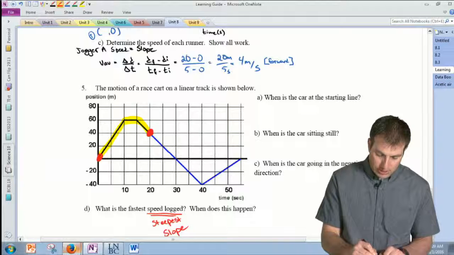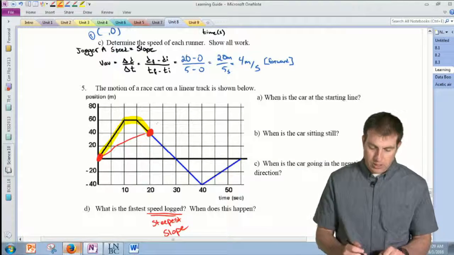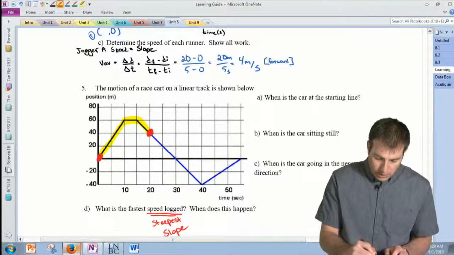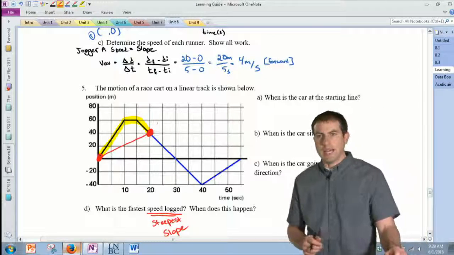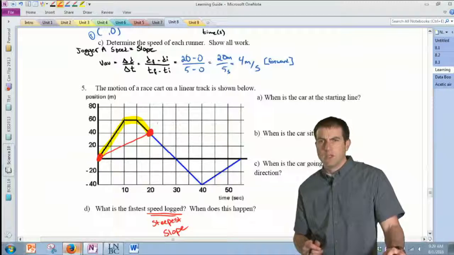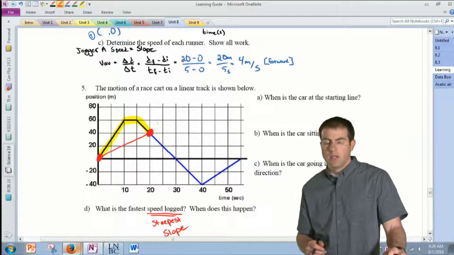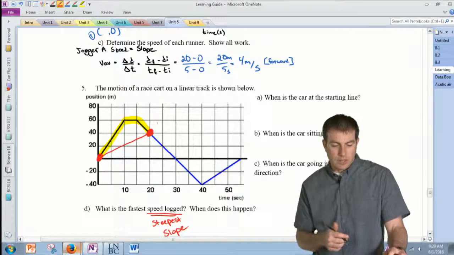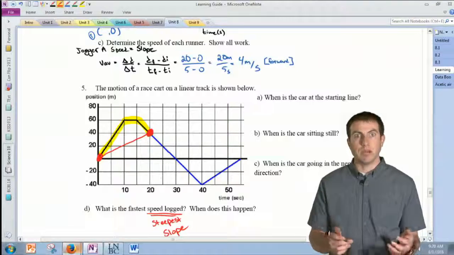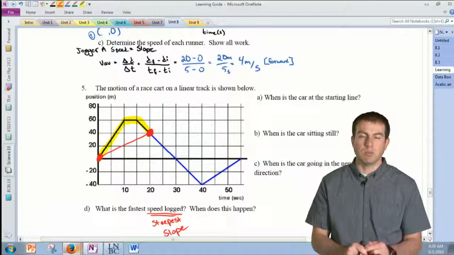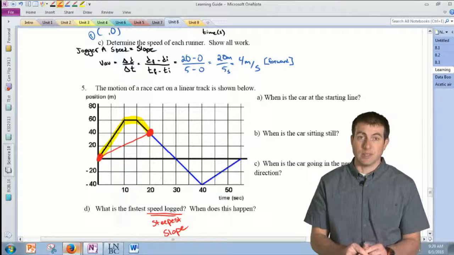So what I will suggest is this. When we find the average velocity, we want to take our change in position and divide it by our change in time. So if I draw a little red line, this red line in here, this is the slope between these 2 points. Now, does it matter that my velocity changes between those 2 points? It turns out that it doesn't.